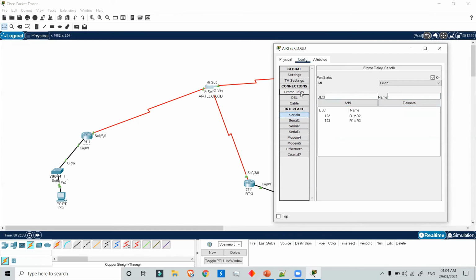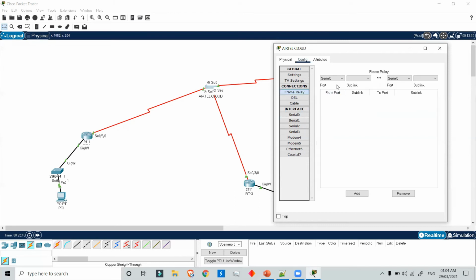So now we will implement the connections inside the frame relay of the cloud. First of all, in serial 0, router 1 is connected, which wants to travel to router 2. So from the from port, we will click serial 0, and the sublink is router 1 to router 2.